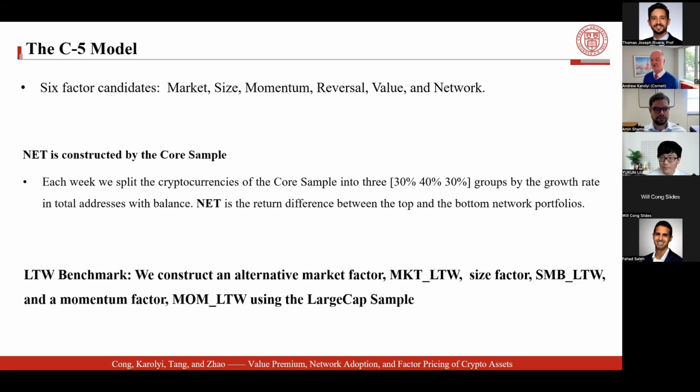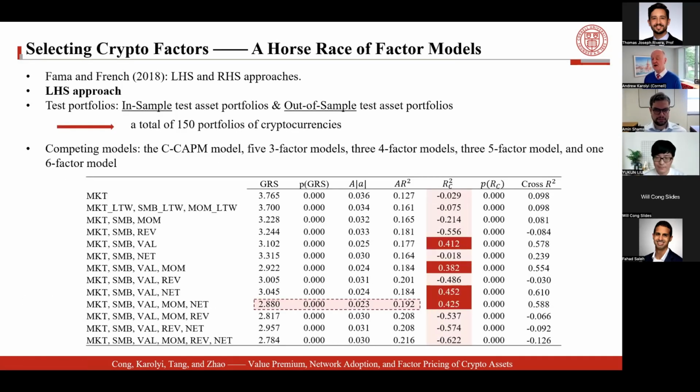And we do a similar kind of 30-40-30 grouping, and create net out of just a simpler kind of long-short factor structure. And we want to do a little juxtaposition with Liu et al. So we build the equivalent of their 3-factor market, SMB, and momentum, which is what their workhorse was, defined for their subsample. We build it like they would have from just the large cap sample, and let them see how they play out in the broader cross section of these experiments.